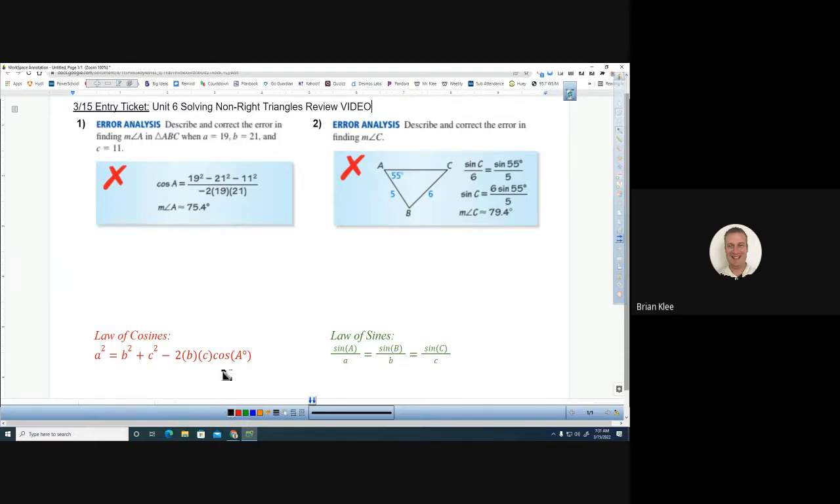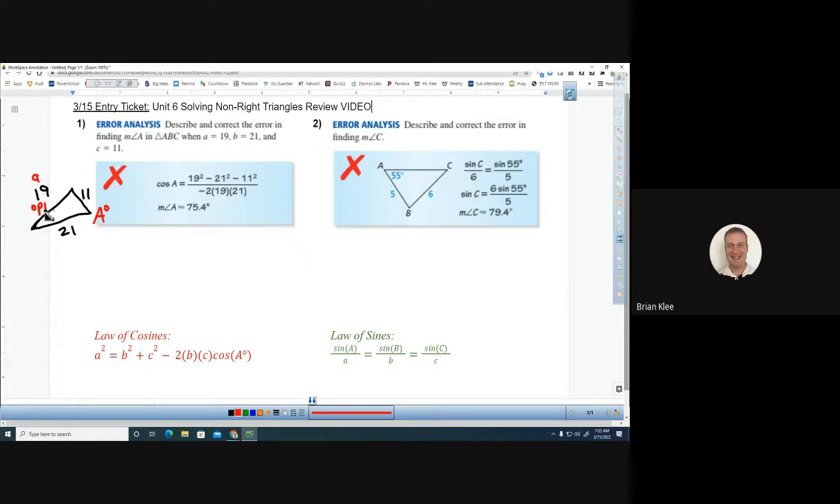I do always think it's a little bit helpful to quickly sketch a picture of what's going on. So there's going to be my 19. It doesn't have to be drawn perfectly to scale. Close to scale, I think, is good. There's 21, and I'm going to say that's my 11. So if I'm calling this side A, angle A, which is what we're tasked to find, is right there. So we're trying to find the degree measurement of angle A, which is opposite